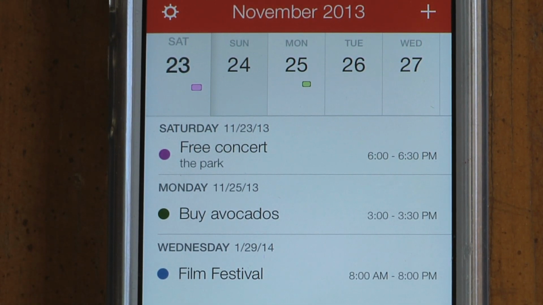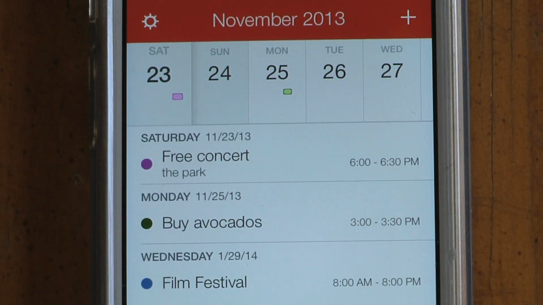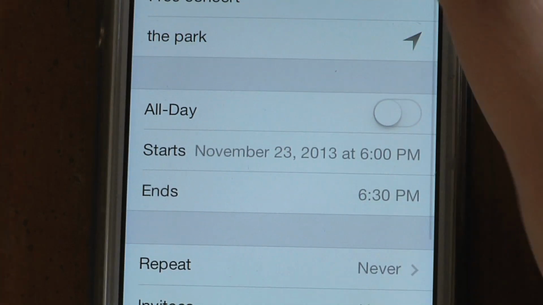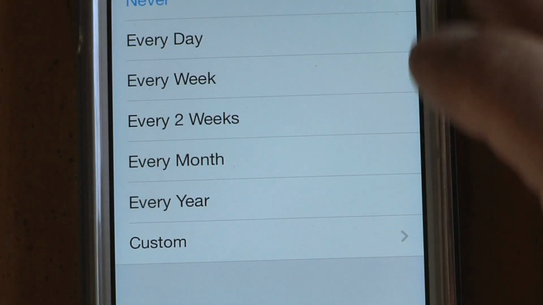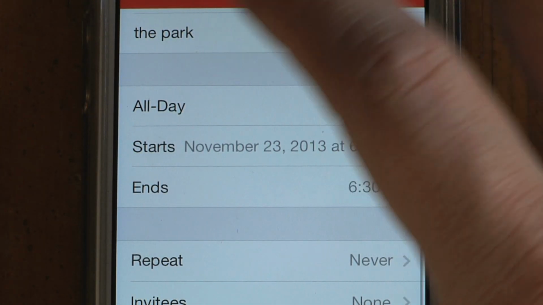And this happens to be another feature that I've wanted in the default iPhone calendar app, which they don't have. If I knew that I was going to go to another free concert next Saturday as well, not the current Saturday that's listed, but the one after that, to duplicate it, I would have to click on it, click edit. There's a repeat. So you can do it this way, as I'm showing you, but there's a much easier way,